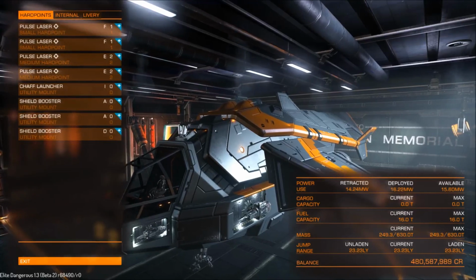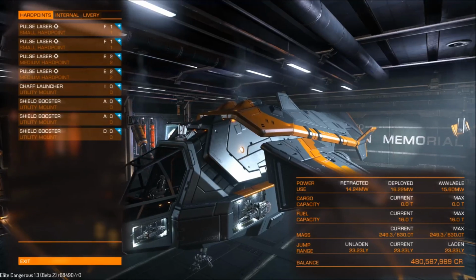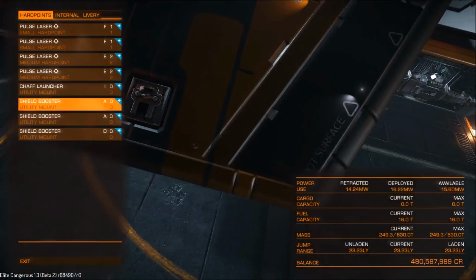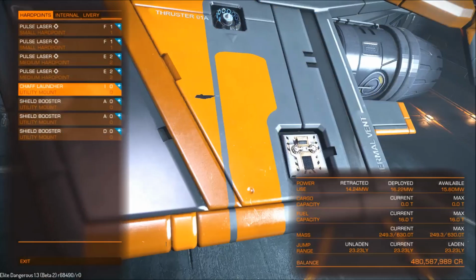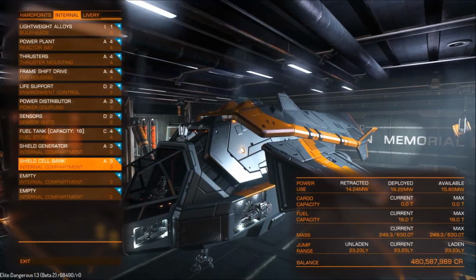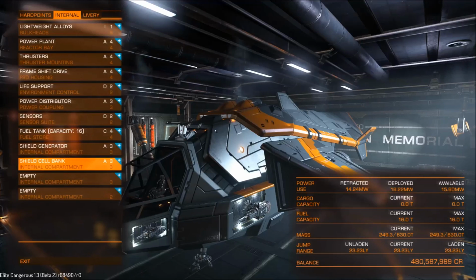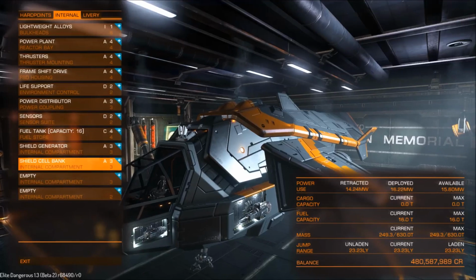And again, for the sake of testing, I have equipped 4 fixed pulse lasers. It seems like the Diamondback has a nice placement of the hard points. They are all in front, around the cockpit. 2 shield boosters A01, D0, a chaff launcher, a shield generator A3, and a shield bank A3. We can use them without any power problems. This is good. Let's go out there with our Diamondback and see if it's any better than the Imperial Courier